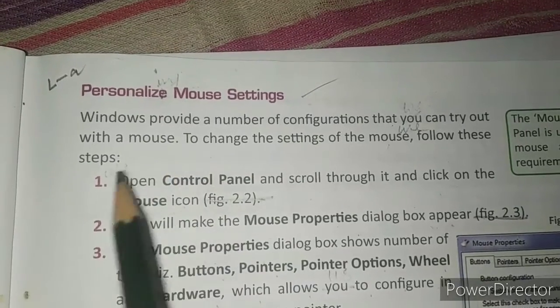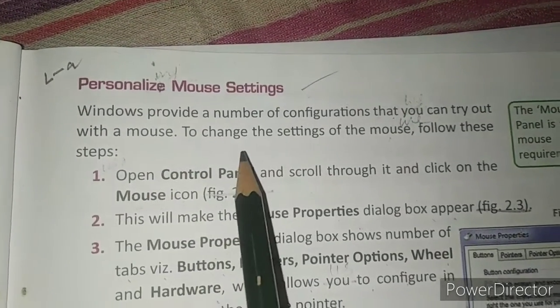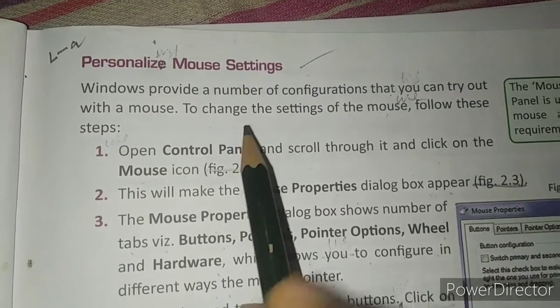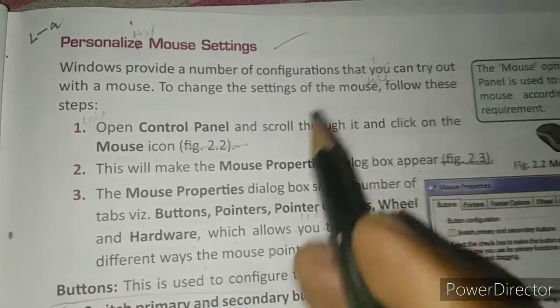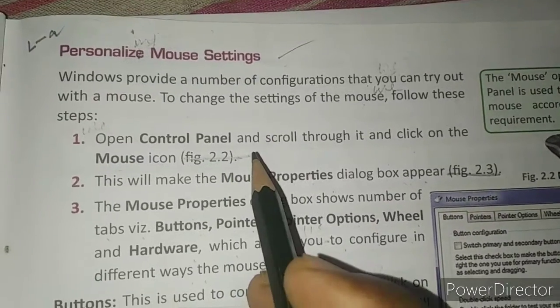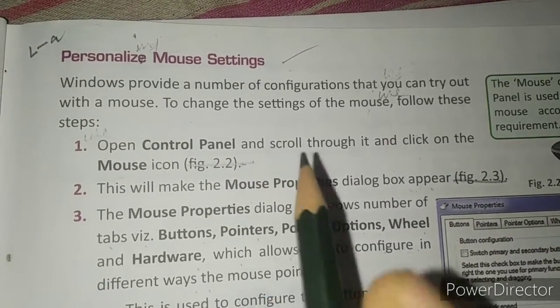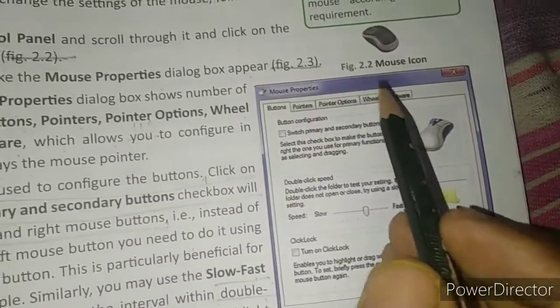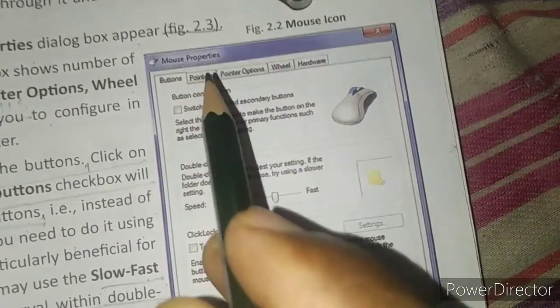First of all we will click on the start button, then we will click the control panel from the options, and when we scroll down, the mouse option appears on which you will click, and then the mouse properties window will appear like this.